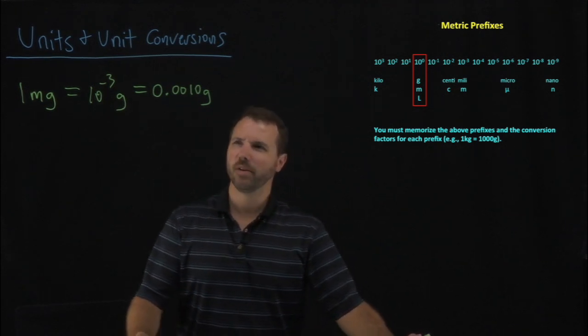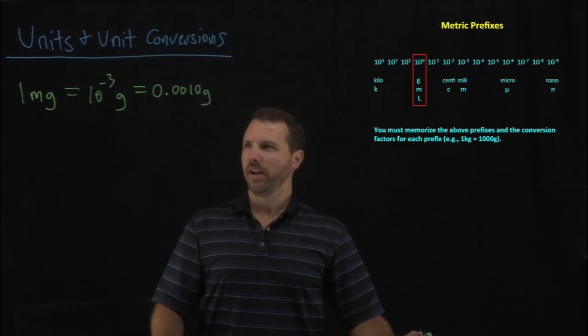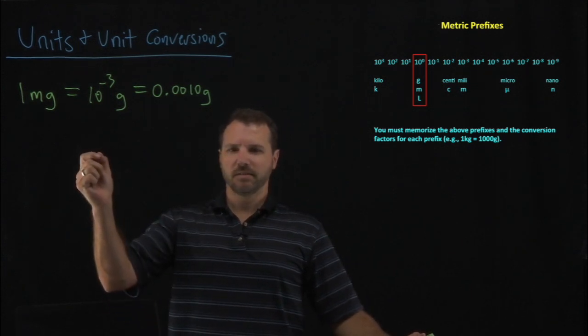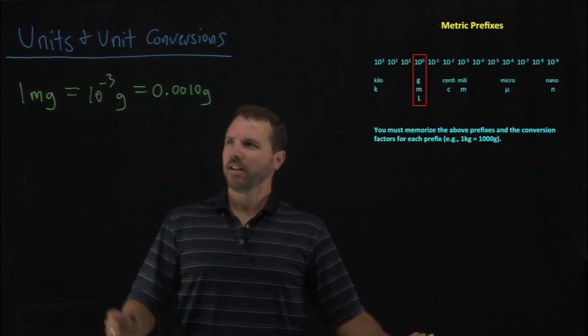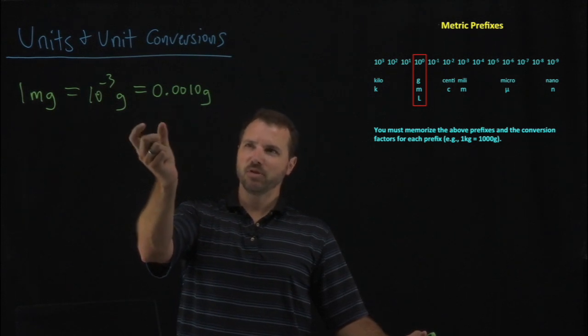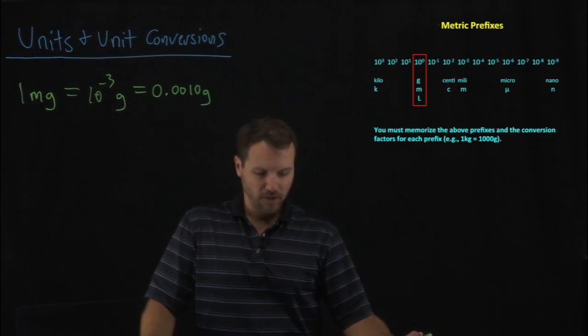So that's kind of the easy way to remember if you're doing this the right way. So milli is generally measuring a smaller amount. So if we express milligrams and grams, you should get a smaller number. All right, so conversely,